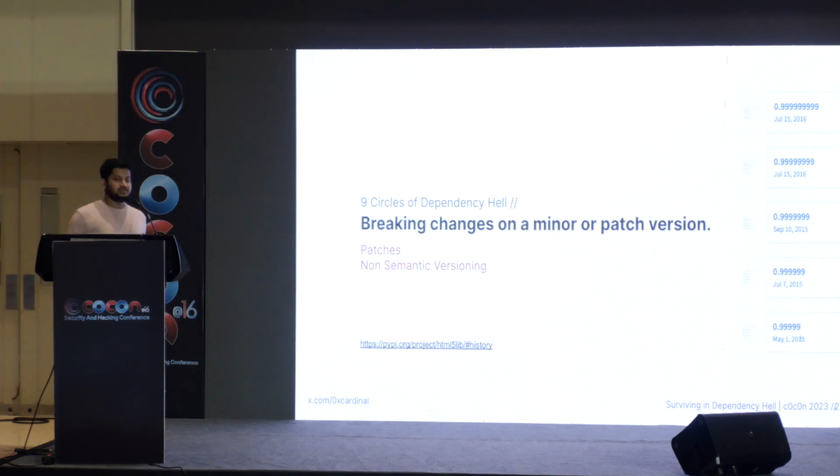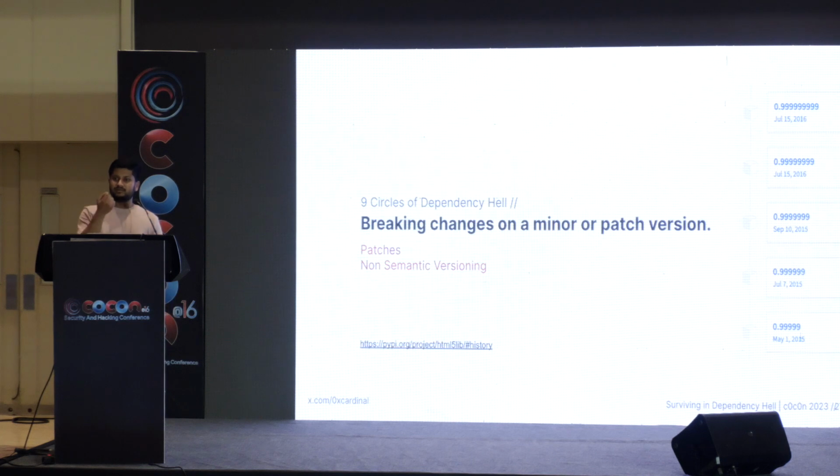Next, breaking changes in minor and patch versions. Syntactically, there are three parts when you see a version, like let's say there is a package called request, version 1.0.0. All three parts have some meaning. The last part is the patch, which is a small change that does not really impact the product, but does some minor bug fixes.